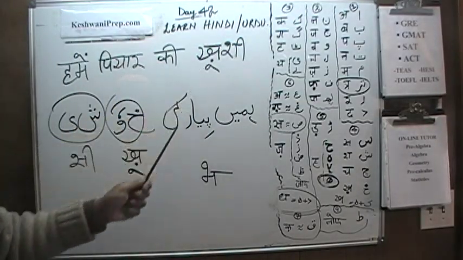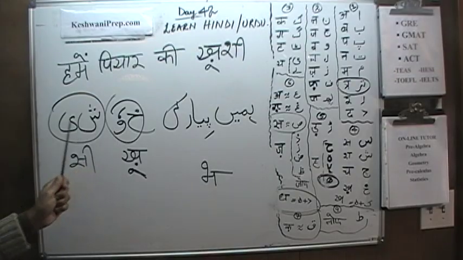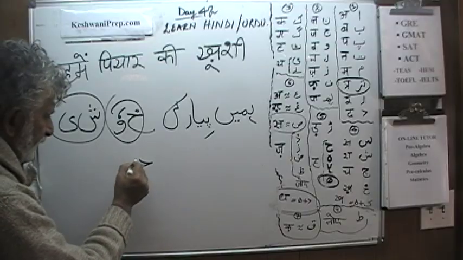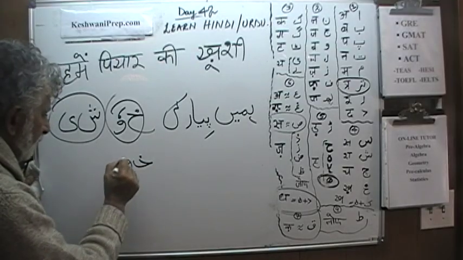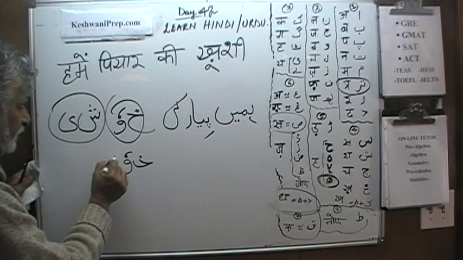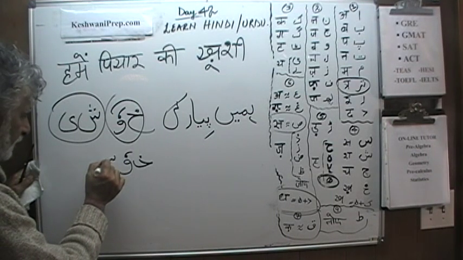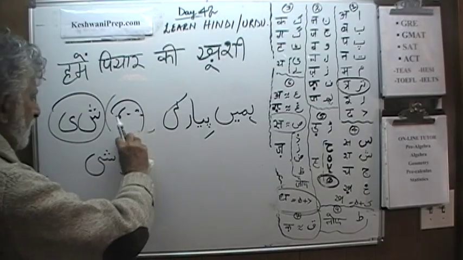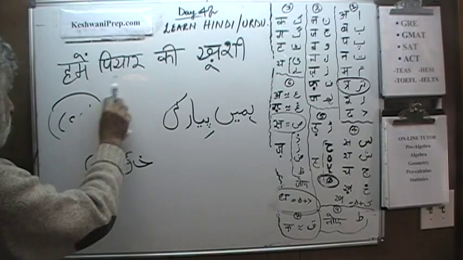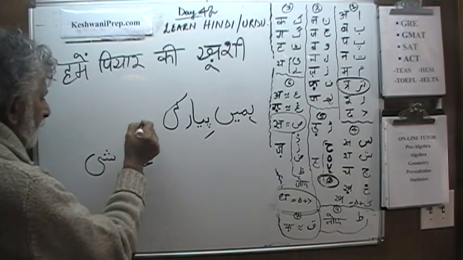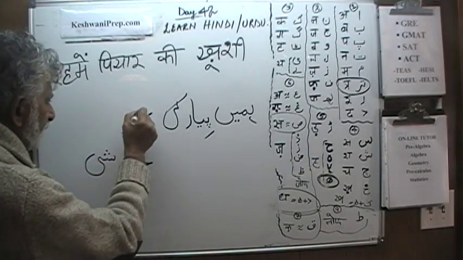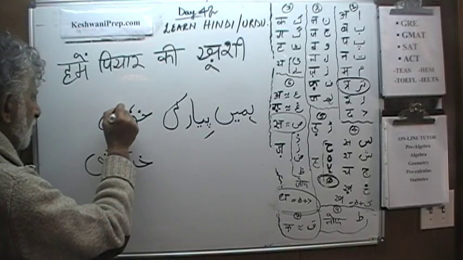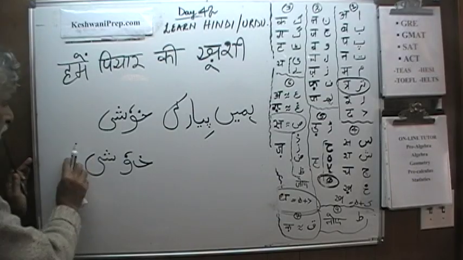हमें प्यार की खुशी, हमें प्यार की खुशी. We have to put all of this together. Let's do it. So K, when it joins it, it's going to take this shape, to which it's going to join the vowel and ulta pesh. And then Sheen, when it joins the choti here, is going to take one more loop and it's like this. Let's put it together. K and vowel is very simple to join like this. Khu, she. हमें प्यार की खुशी,